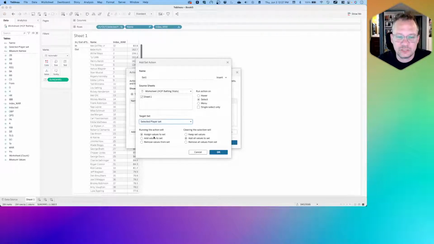Now, running the action will, on select, do what? It will assign, add, or remove values from the set. Now, let's talk about the difference between assign and add. With set actions, and this is where set actions differ from parameter actions, parameter actions are single value entries, right? Unless you do some crazy parameter as a data source stuff, which is a completely different set of mind melting